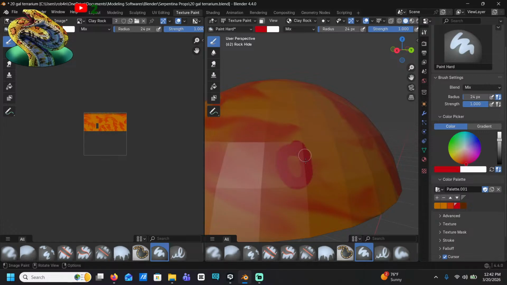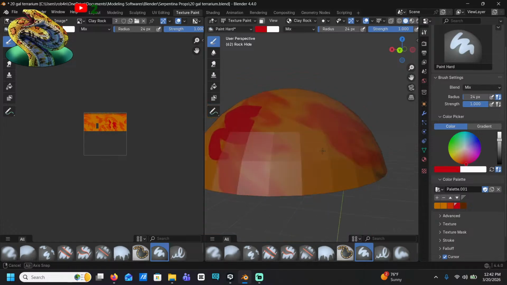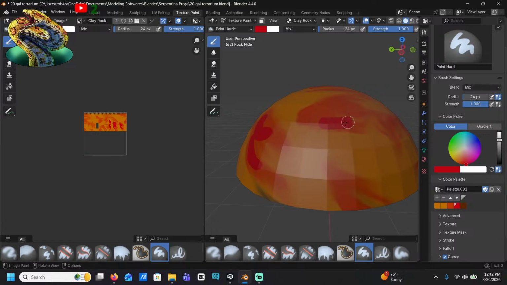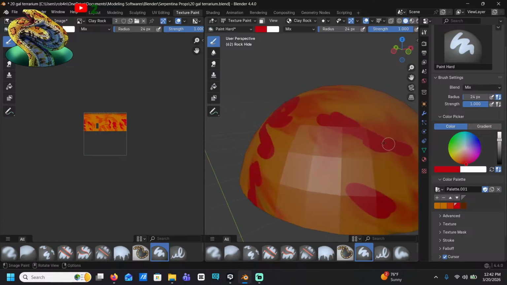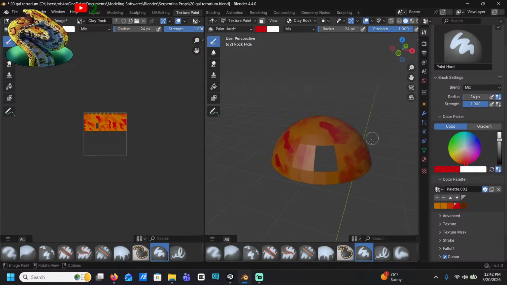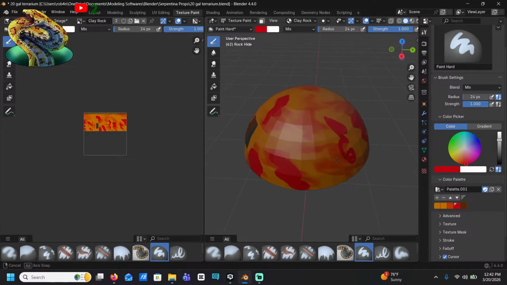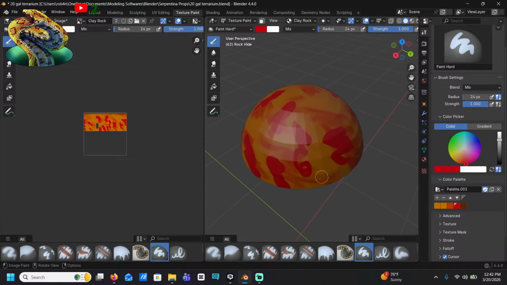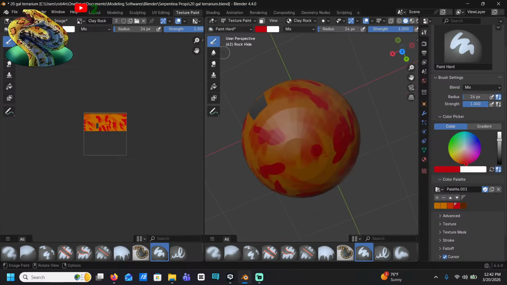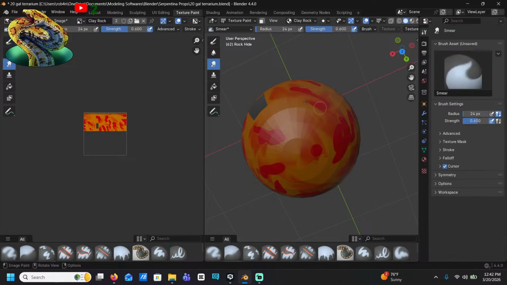Okay, now I can go back over here and do this to the red. This music is so weird. It sounds weird now. Okay, go back to this.